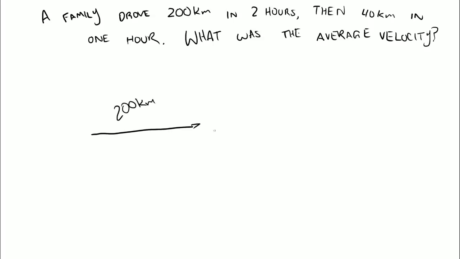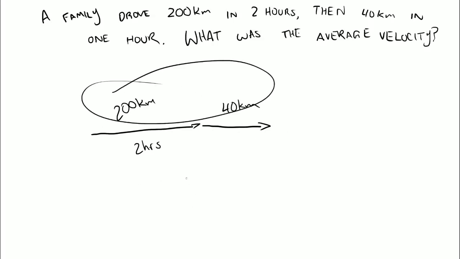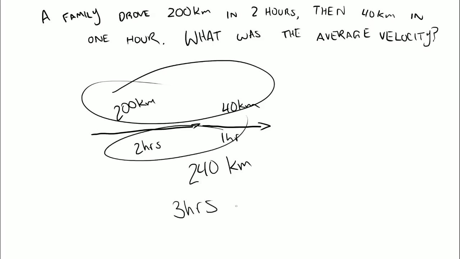They went straight for 200 kilometers, and that took them 2 hours, this little span of time. And then in 1 hour they went 40 kilometers. So it's all straight. So their total distance, or displacement, is 240 kilometers. Their total time is 3 hours. Now we can figure that out and just say, well, 240 kilometers over 3 hours,